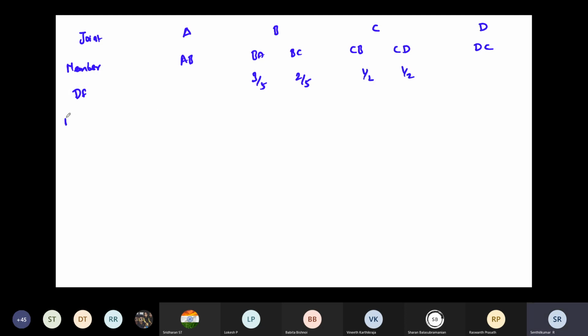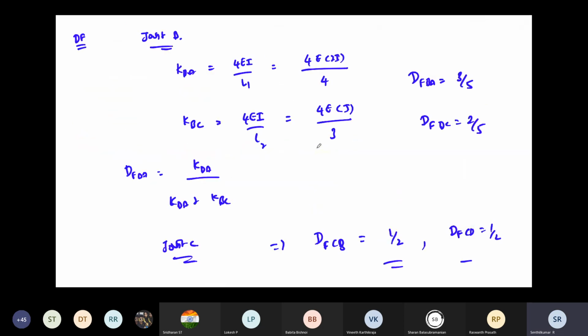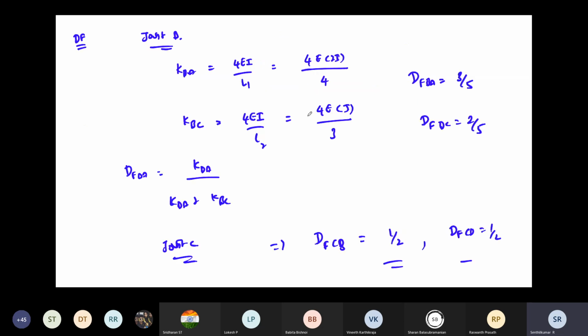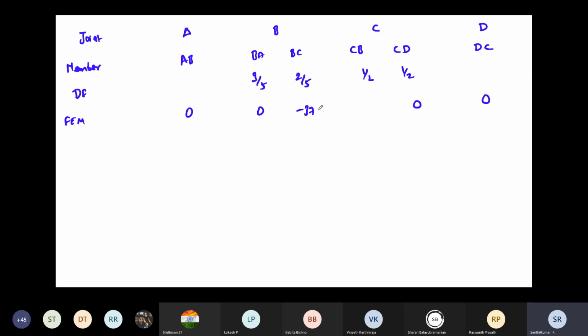So next one is fixed end moments. Fixed end moments for AB is 0, DC is 0, right? We don't have any moments. Then BA also 0, right? AB, BA, CD, DC are 0. For BC we have minus 37.5 and plus 37.5. Right. So now at joint B,